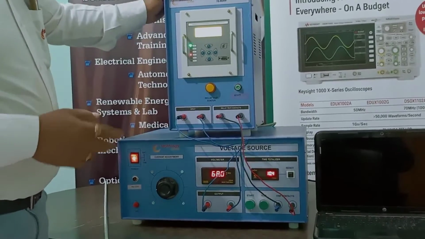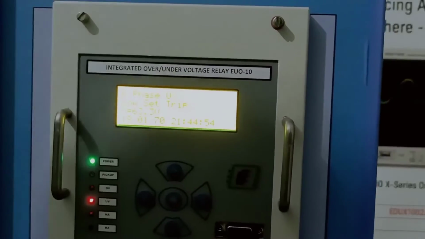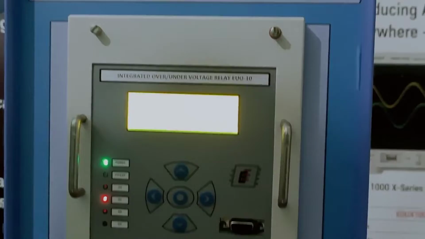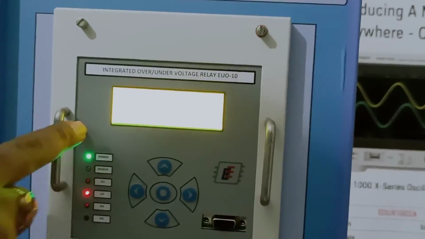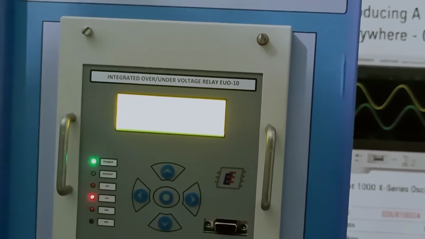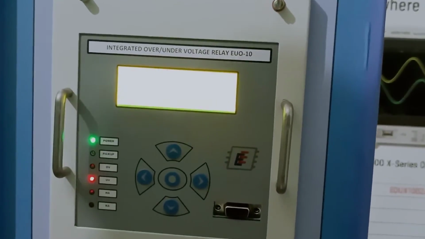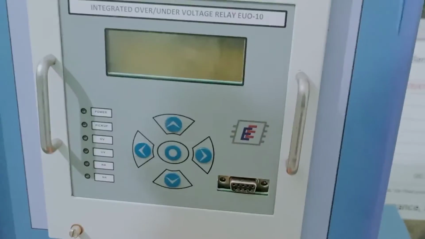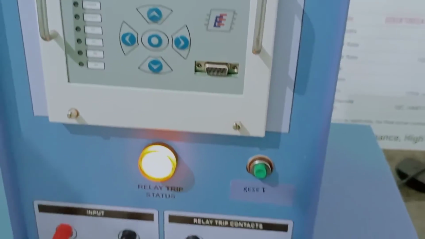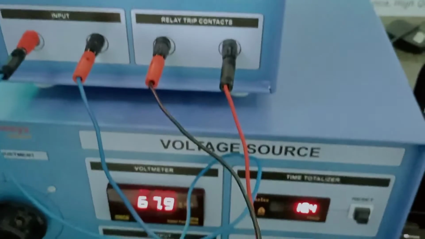Okay, so we will initiate it. First we have to initialize our relay. For the initialization we want 110 volts to be given to the relay. For that we have to push this reset switch, long press, then push the start switch over here.